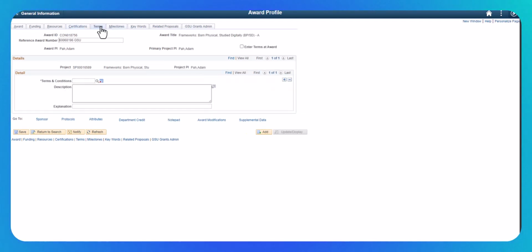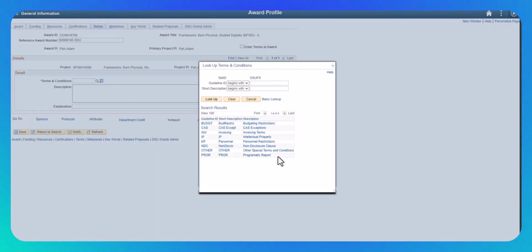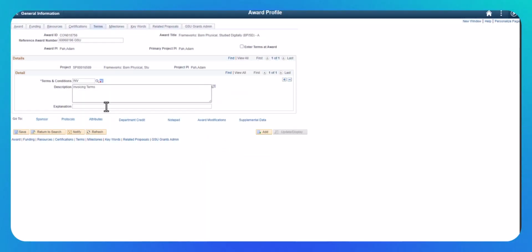Then you move to the Terms tab, and here we're going to add any applicable budget restrictions, invoicing terms, programmatic reporting, or other important terms, and any reference in the award document that might help. This is an NSF award, so they're typically pretty straightforward without a lot of terms. It's page 8 of my FDP subaward. My invoicing for an FDP award, I'm always going to enter standard quarterly